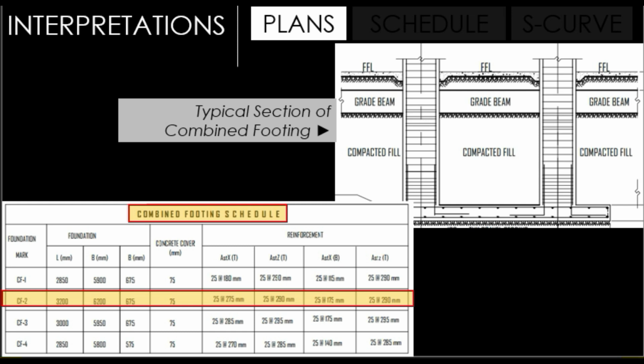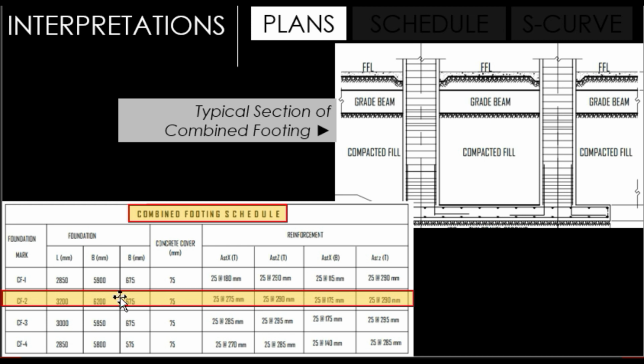If we are performing actual constructions, a project engineer must possess the skill of being knowledgeable in interpreting the civil drawing into reality. For example, your current activity for your crew is fabrication and laying of RSB for footing. Therefore, you will base it from the provided schedule or cutting list of a combined footing. Let's say CF2. The footing foundation is 3.2 meters by 6.2 meters with thickness of